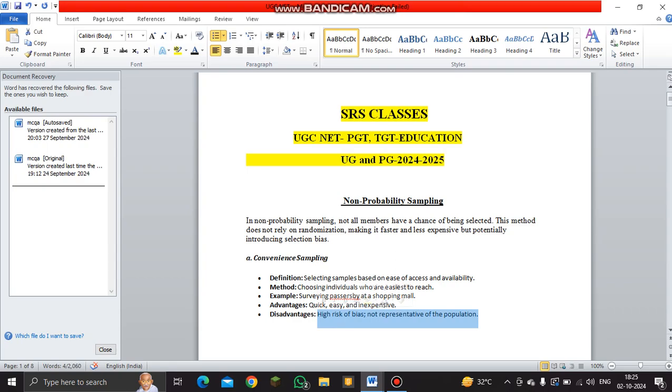So these kinds of data are not unbiased and they are not representative of the population. They are mixed data. Got that? So convenience sampling is that sampling where the sample is selected based on ease of access and availability. Okay friends, another sampling is